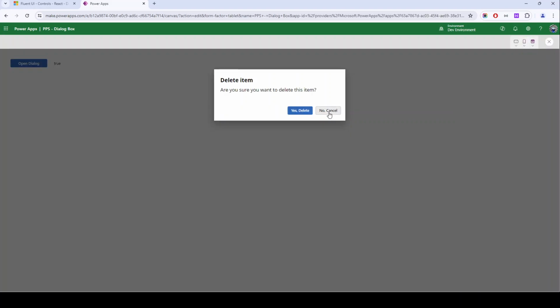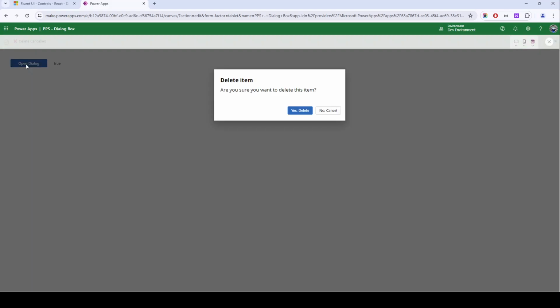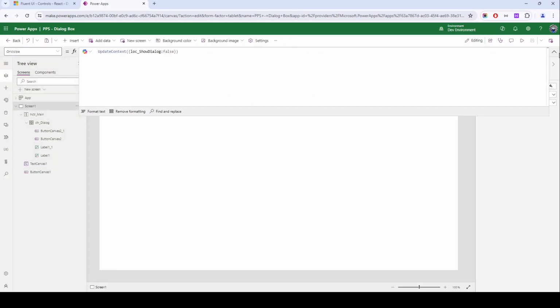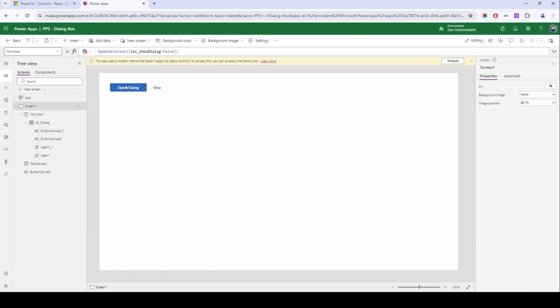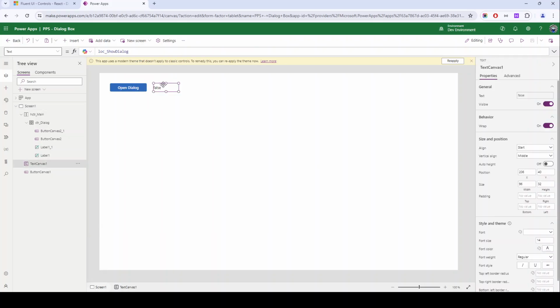Click on play. If I click on no, delete has been cancelled. Open dialog again. I will click on yes. The item has been deleted notification. So as you can see, this is really simple, and look how quickly we have built our dialog box